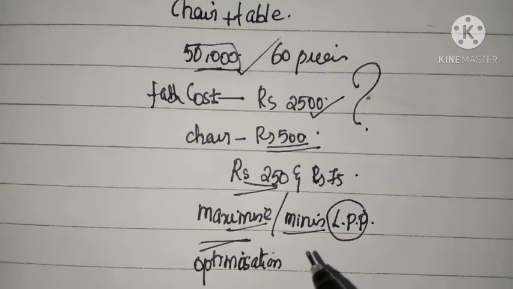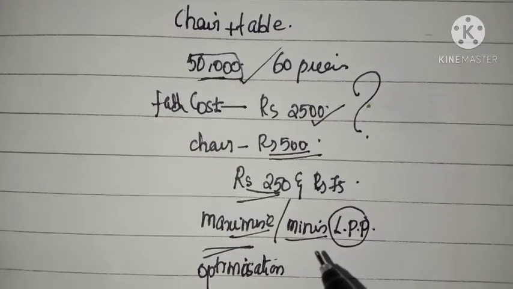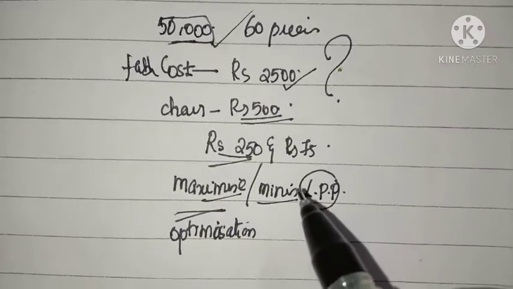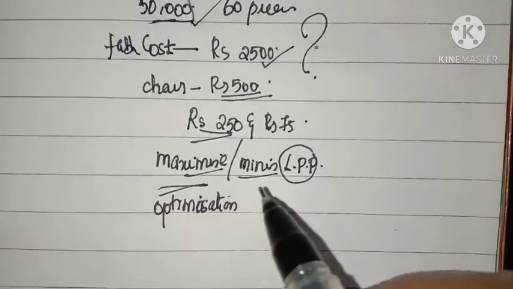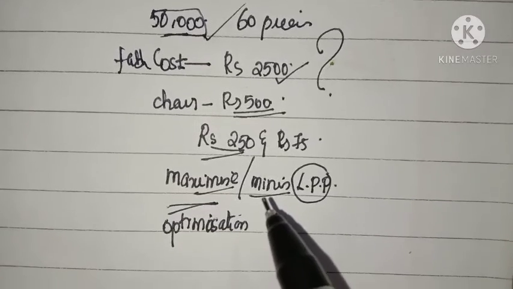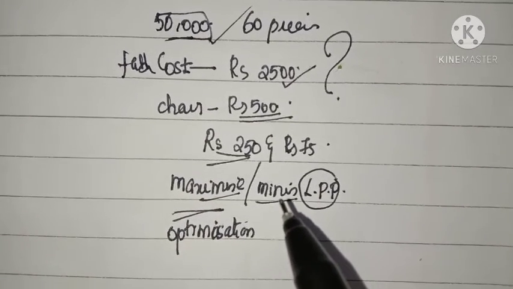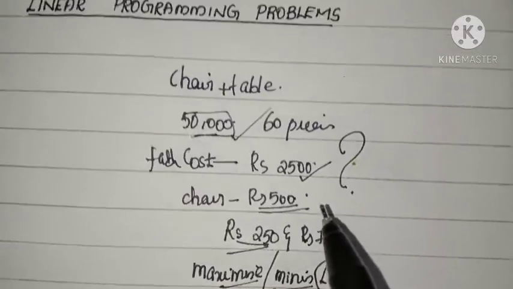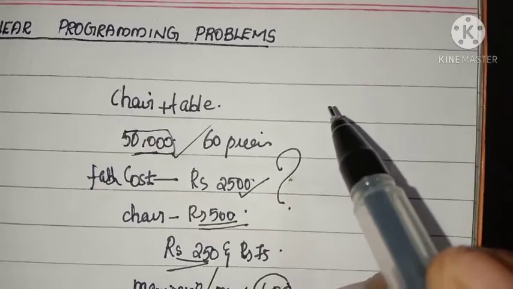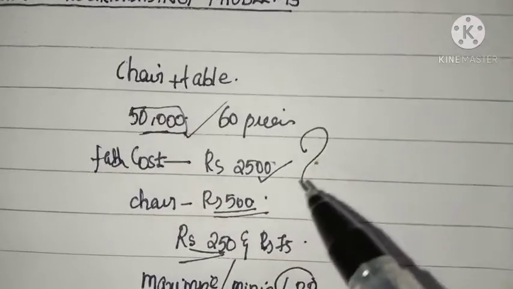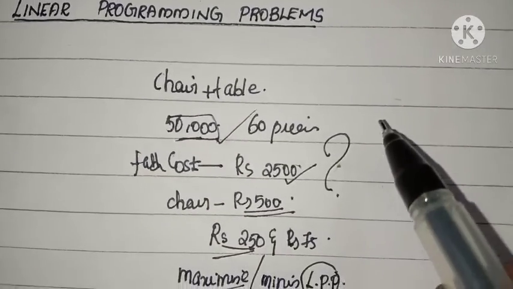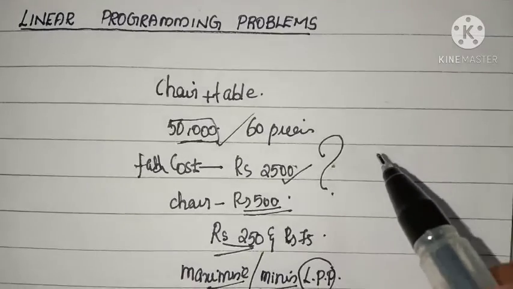See, in each and every field, especially in industry, commerce, management, science, etc., you can see application of this linear programming problem. So, in this chapter, we shall study some linear programming problems and their solutions by graphical method only, though there are many other methods also to solve such problems. Okay, so let's start our linear programming problems. How to find the maximum or minimum value, or how to maximize or minimize a given linear function according to some conditions. Okay, see the examples.